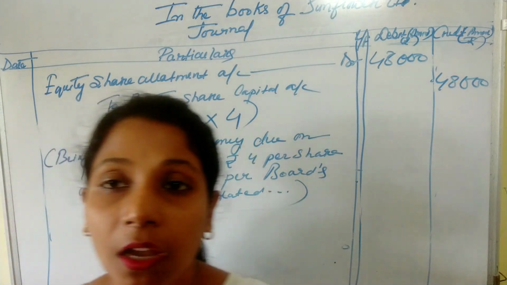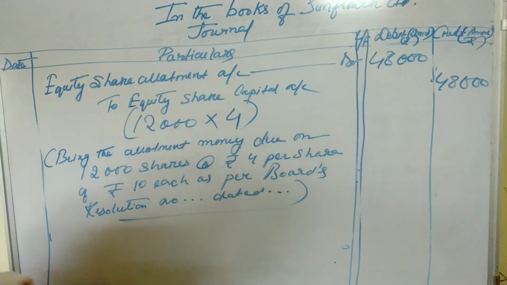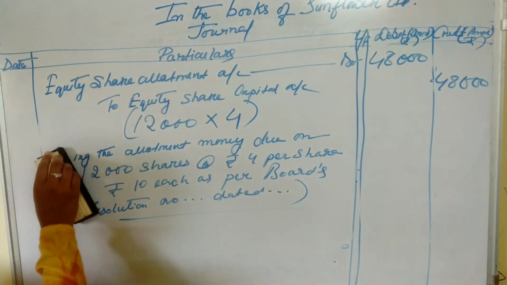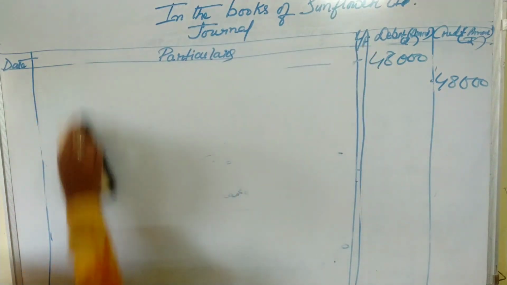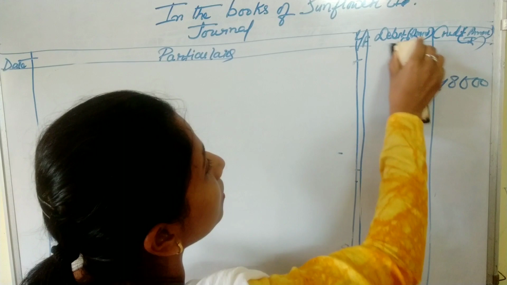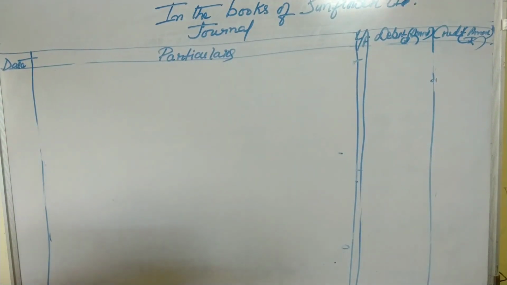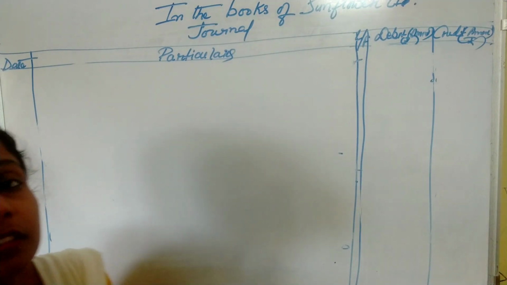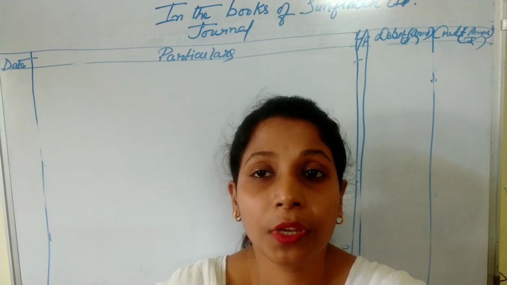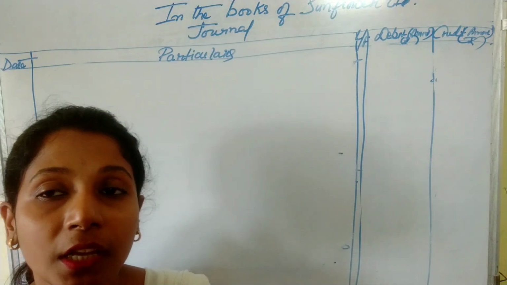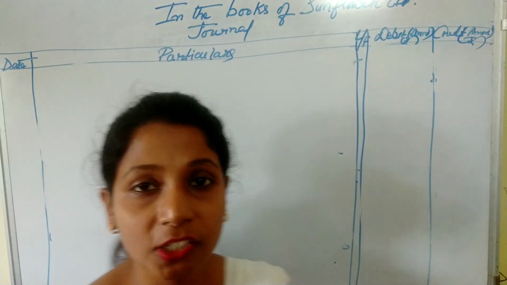Now the company will give the receive entry, receive of allotment money. Now they will give the receive entry. So the receive entry for allotment. As in the question it is said that all the shareholders have paid the allotment money. So we will multiply the whole amount 12,000 with 4. No problem in here because all the shareholders have paid the allotment money.